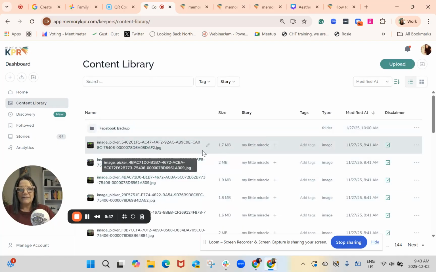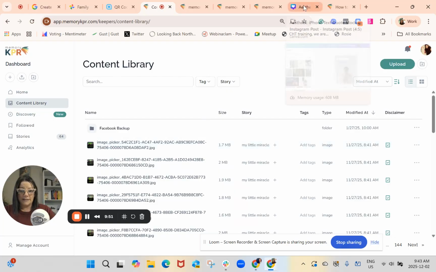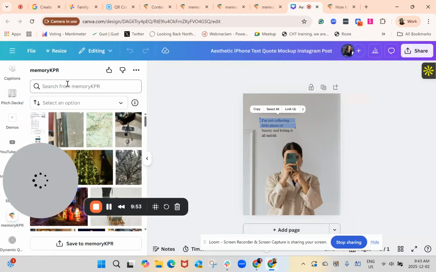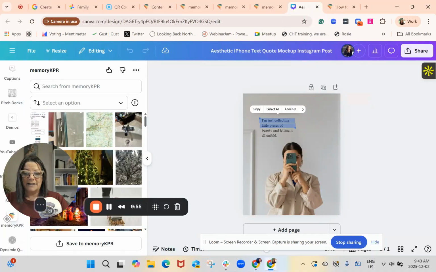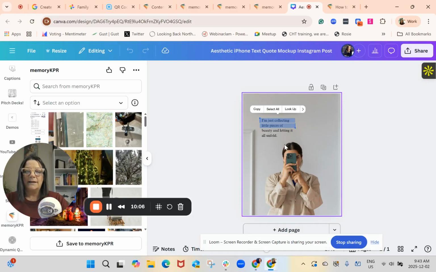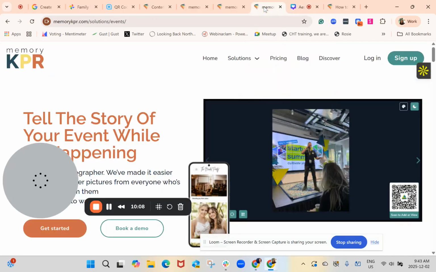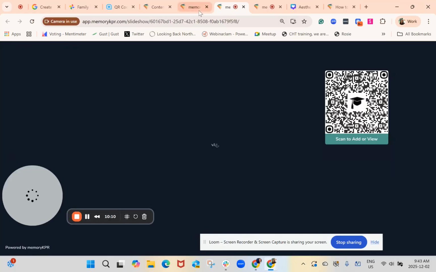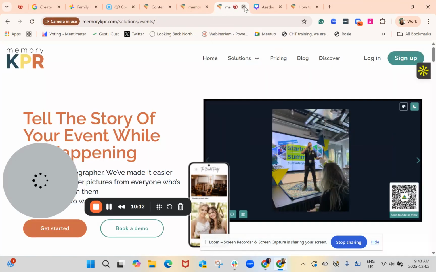But the other thing that I love about this is that I can go ahead and go into Canva or Adobe and go on the side here down to Memory Keeper. If you don't have it, you have to go to the apps and just find Memory Keeper the first time. But then all the same pictures that I have in my content library are here. So really easy for creating content. And the other thing that you can do in Memory Keeper is you can,